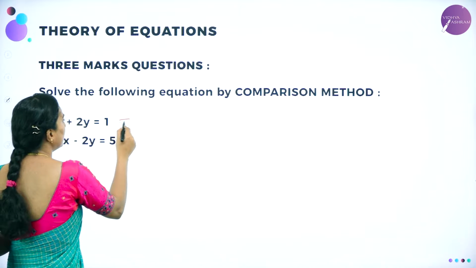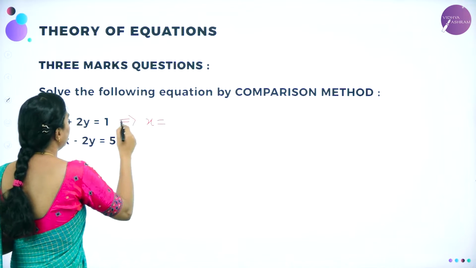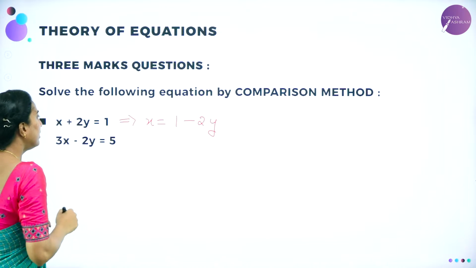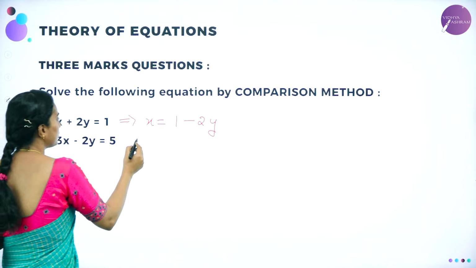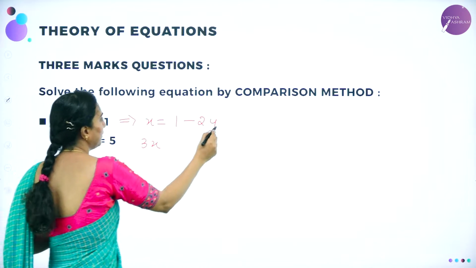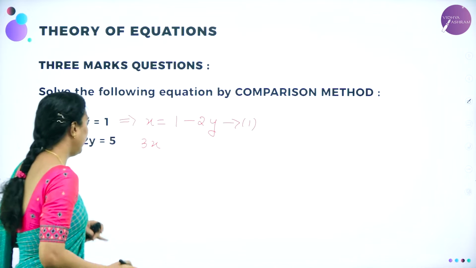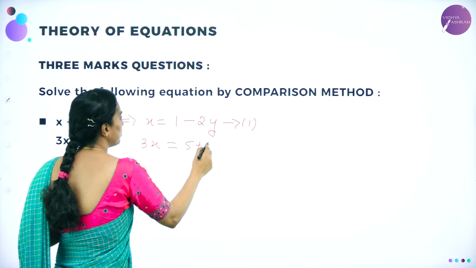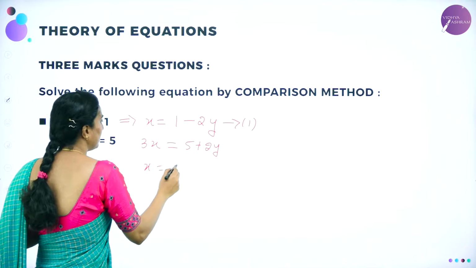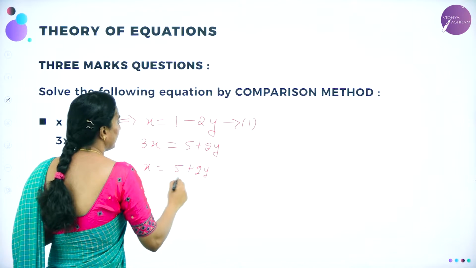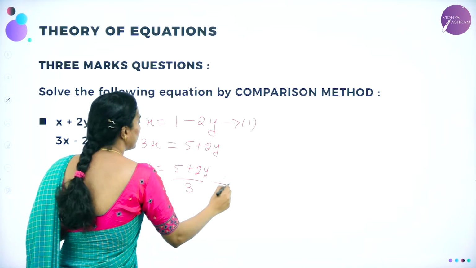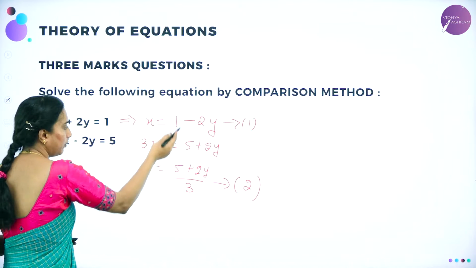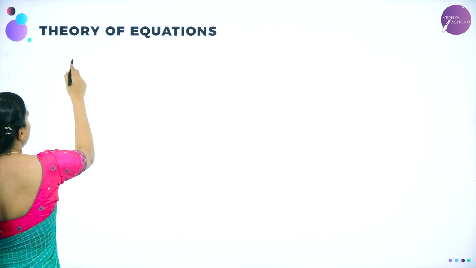So first equation here I am converting x as 1 minus 2y, taking plus 2y to the right hand side. Let me call this equation 1. And again 3x is equal to, shifting 2y to this side, it will become 5 plus 2y, or x will be equal to 5 plus 2y divided by 3. Now calling this equation 2. See, now here comparing these two equations, left hand side are equal, I can equate the right hand side. Therefore, by comparing